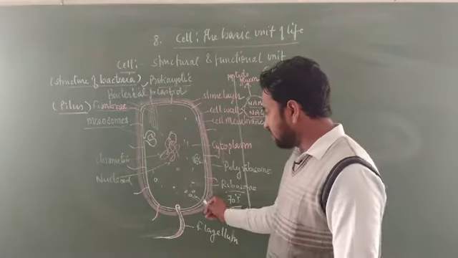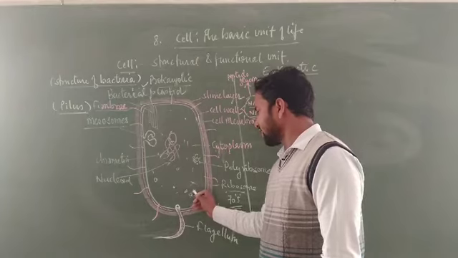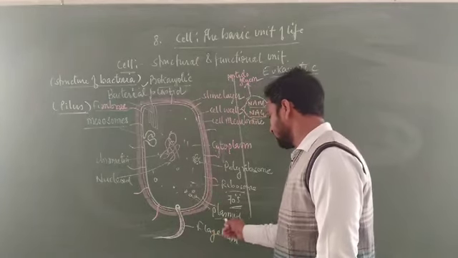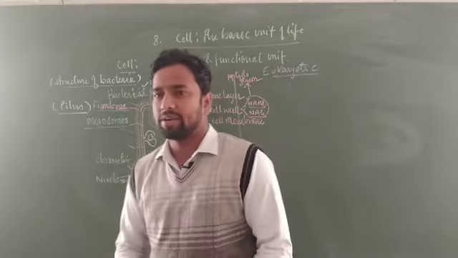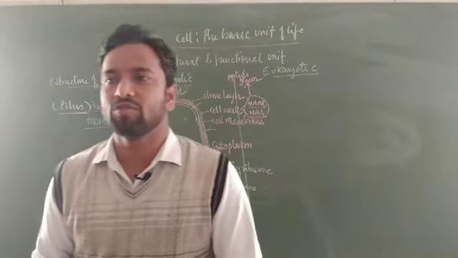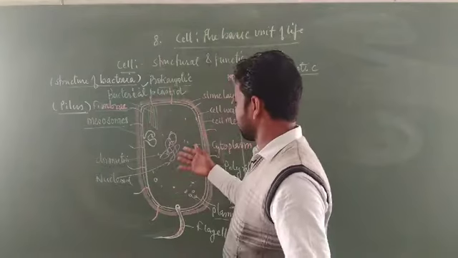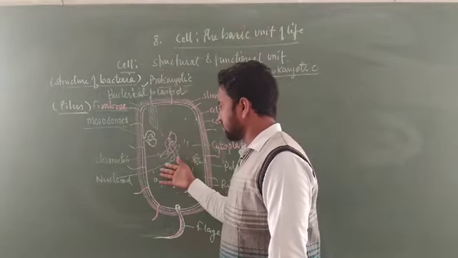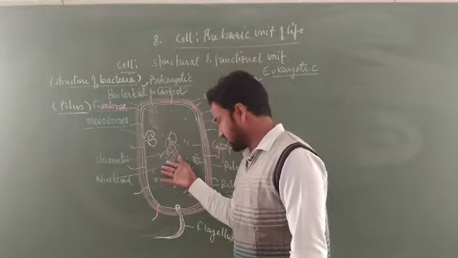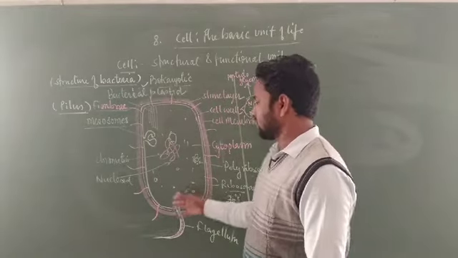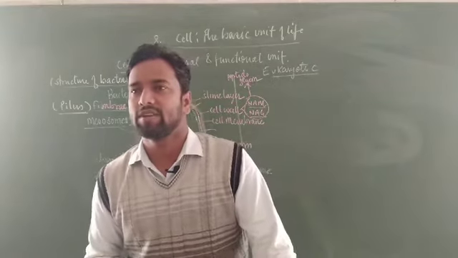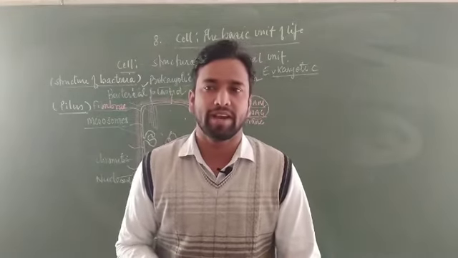Now this is extrachromosomal DNA that is found in some bacterial cells. This is called a plasmid. A plasmid can be defined as extrachromosomal genetic material. The main genetic material in the bacterial cell is this chromatin found in the nucleoid region, and this extrachromosomal DNA found in the bacterial cell is called a plasmid. A plasmid is called extrachromosomal genetic material.